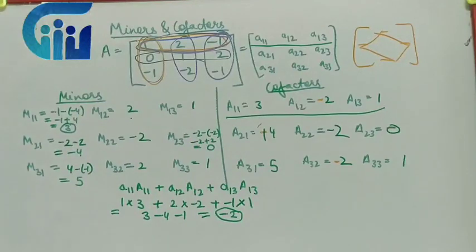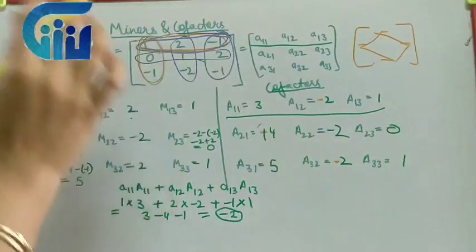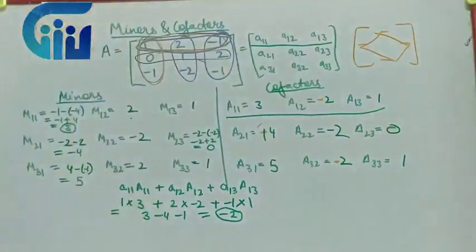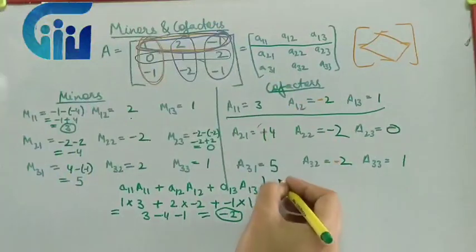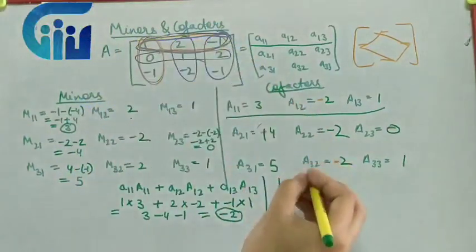Any guesses what this value corresponds to? Let's see. If this matrix is changed to a determinant, what if I expand it along R1? What will be the value of the determinant? I can expand it along any row, any column. So if I expand it along R1, what will I get? Let's quickly do it. 1, cover its row and column.